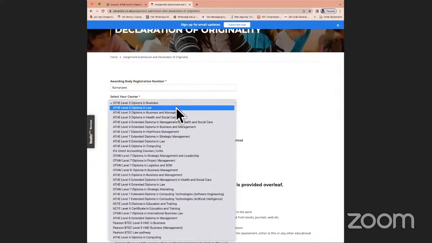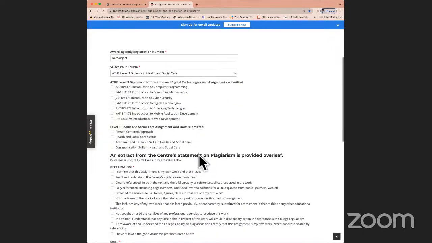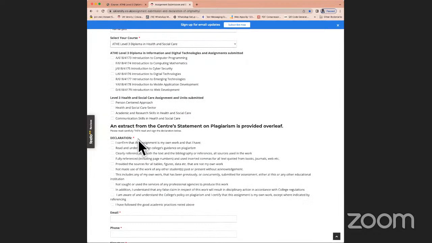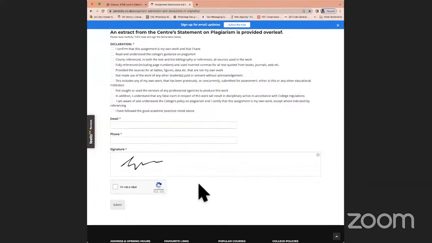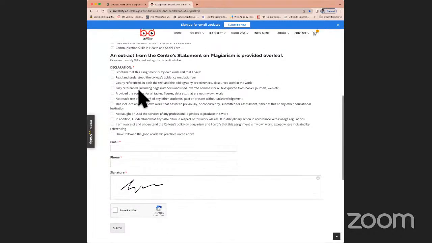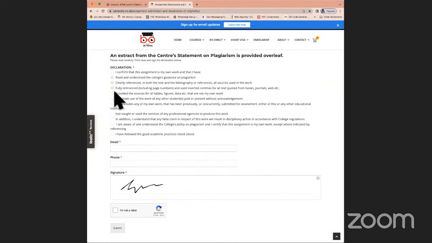You would need to drop down and choose the course, health and social care, and then when you choose the course, the corresponding unit. Once that has been done, you put your email address, your phone number, and you can sign, either on the phone, or on the PC, tablet or Mac, where there is an option to sign using the mouse. Then click on this arrow, and you need to tick all these so that you've understood the terms and conditions of plagiarism and similarity. Once you've done this, click the submit button, and that would submit this declaration of originality